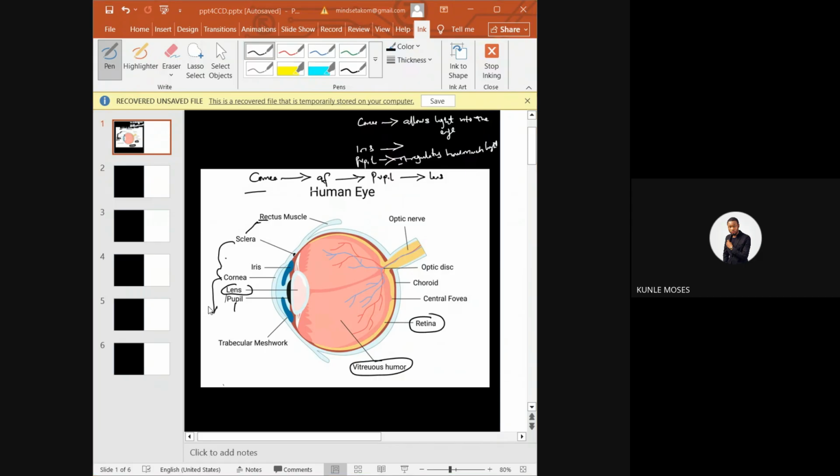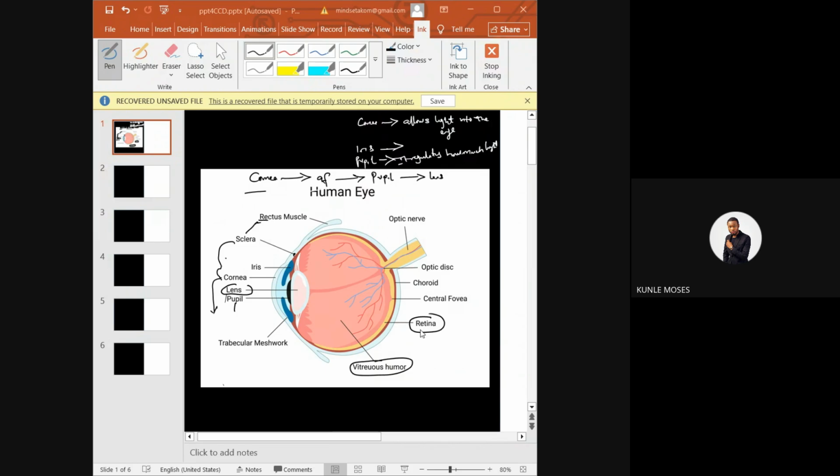So the next one, the retina. We talked about the retina. It is a light sensitive layer in the eye, and it contains photoreceptor cells. We call them rods and cones. What the retina does is convert the light that has been adjusted first by the pupil, and then by the lens, passing through the vitreous humor to the retina. It will convert the light into electrical nerve signals. That is what the retina does.